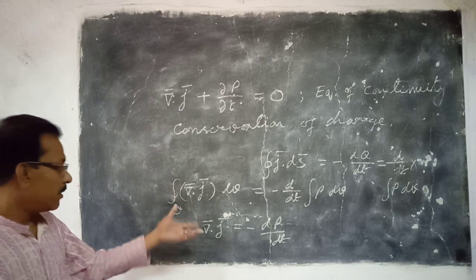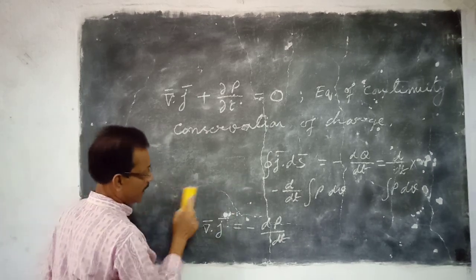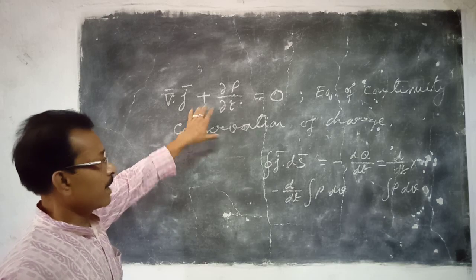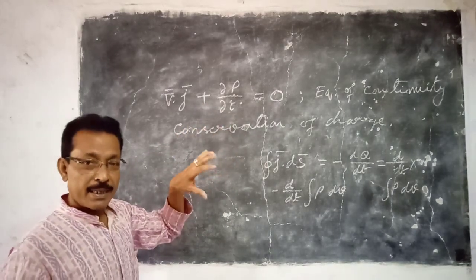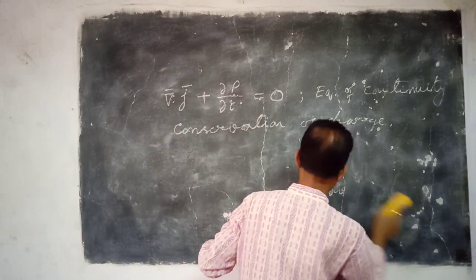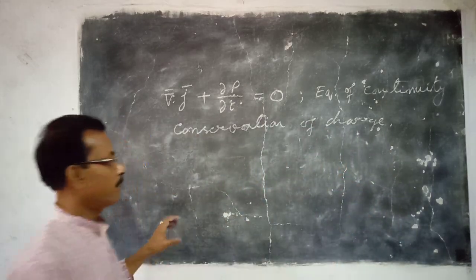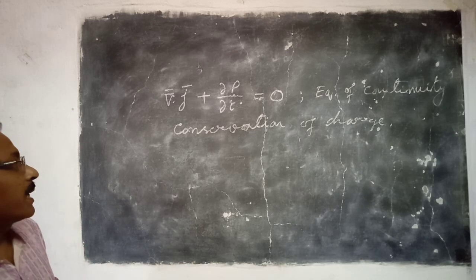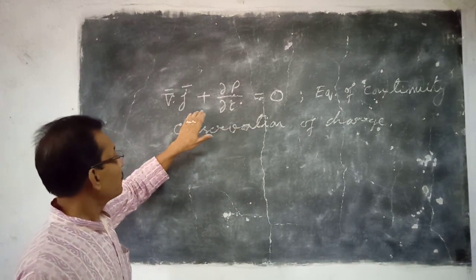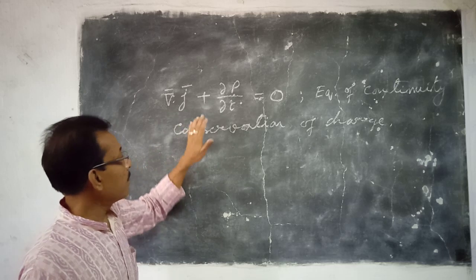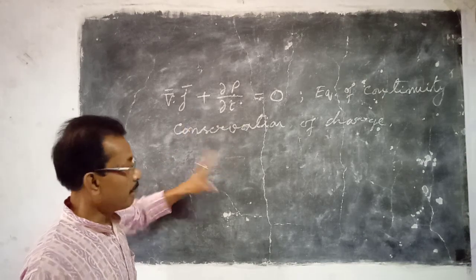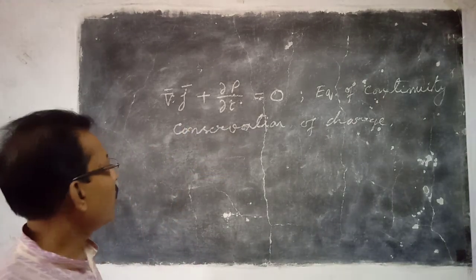So the equation of continuity defines the conservation of, in this case, charge, but in the case of energy it defines the conservation of energy. We shall see this when we discuss the Poynting theorem, that is the flow of energy in an electromagnetic wave. So this is the equation. It must be satisfied by every system, but Ampere's law does not follow it.